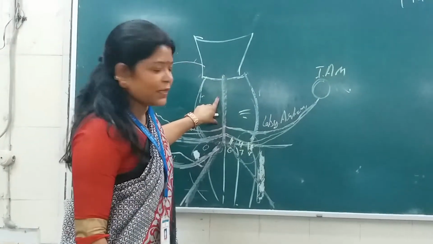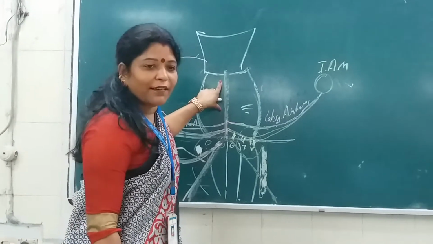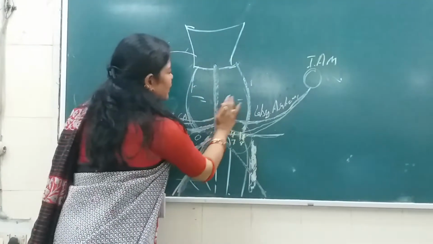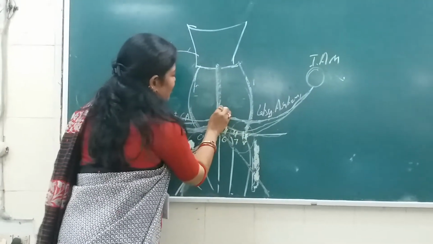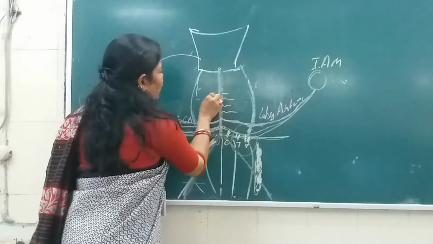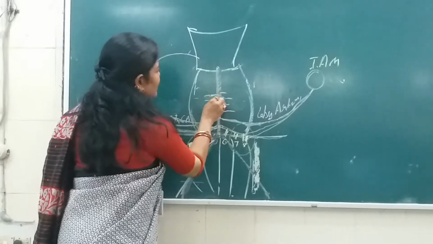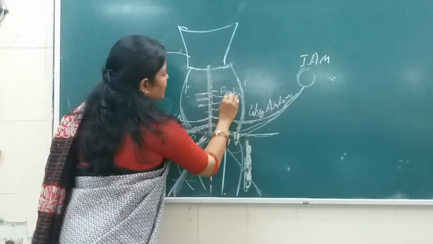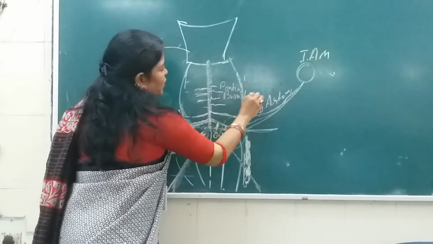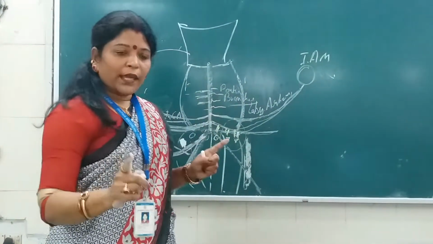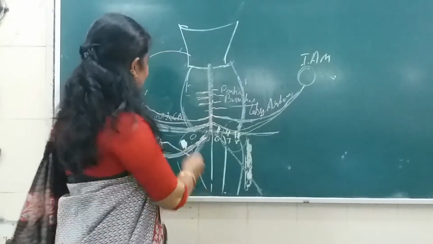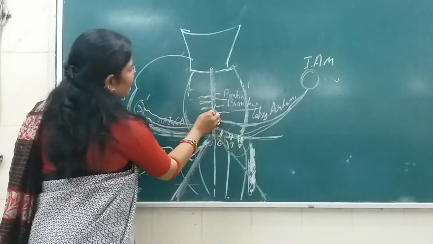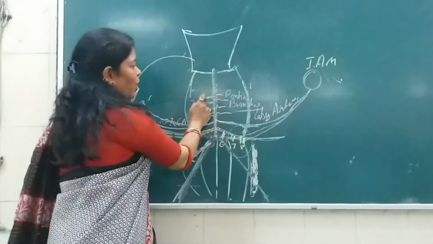sulcus of the pons, and it is named so as the basilar artery, so it has the responsibility to supply the pons also. Okay, so it will arise and give some branches. What are these small branches? These are the pontine branches, smaller branches which arise especially for the pons itself. Okay. The first is the ICA, the second is the labyrinthine artery, the third is the pontine branches for the pons itself.